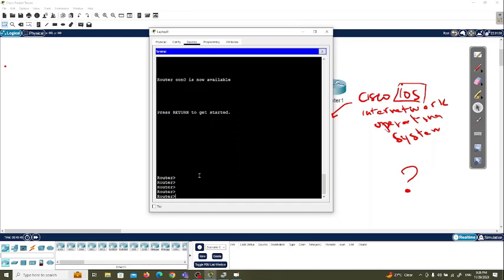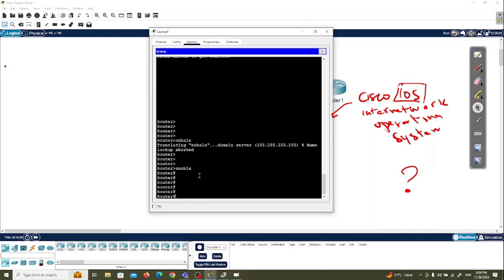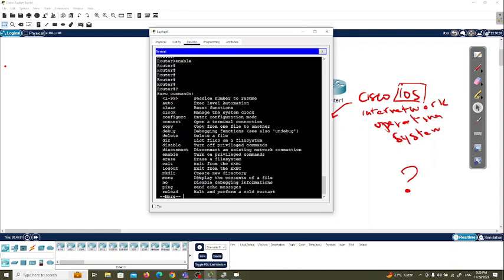by using the command enable, okay, now I'm at the privilege mode of configuration. If I enter the special command question mark again, you can see that I have more commands that are displayed,